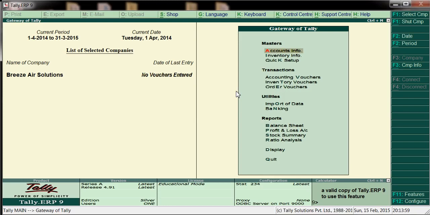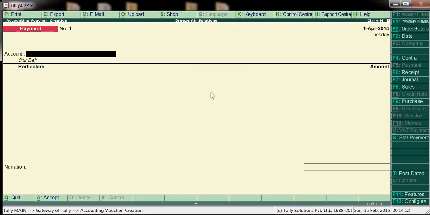Before starting any business, we have to bring some capital, so we'll post one entry.